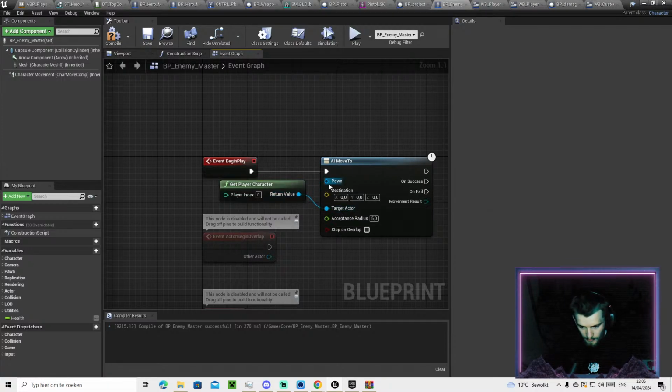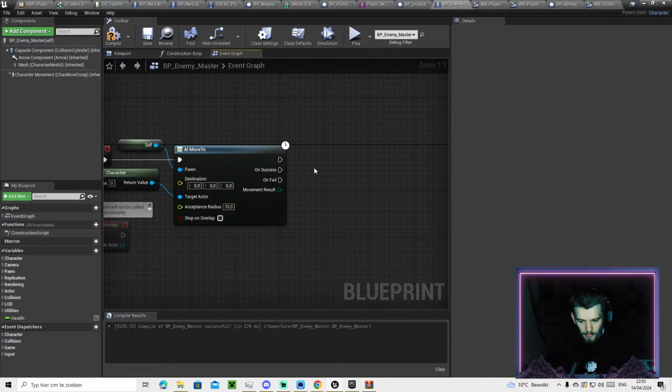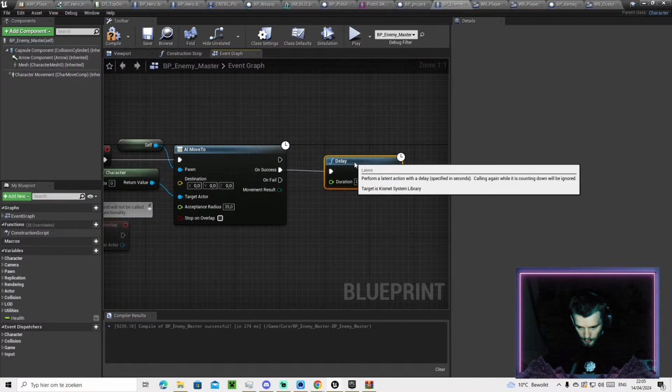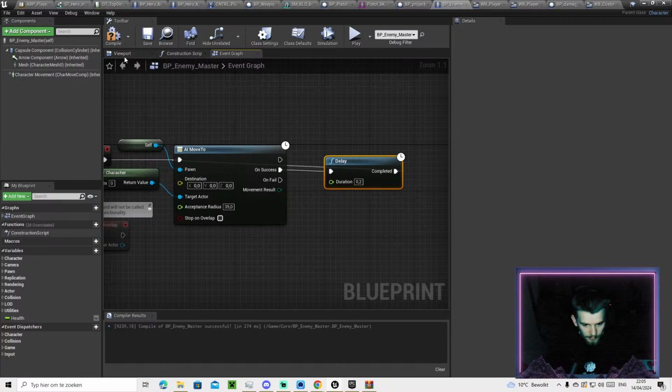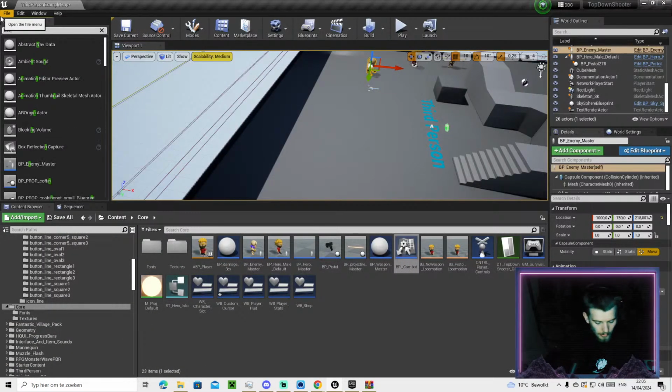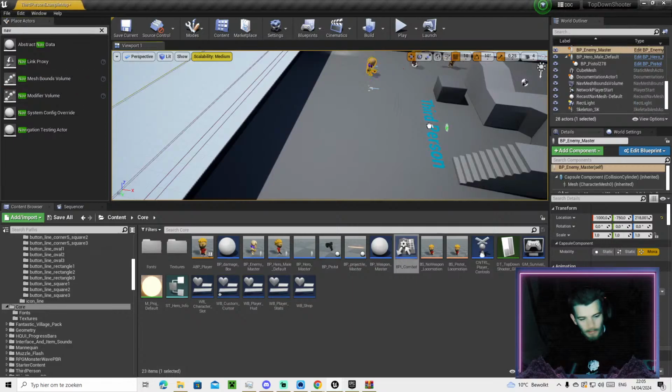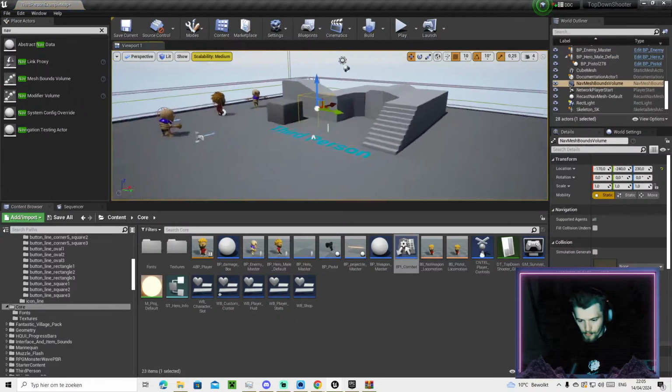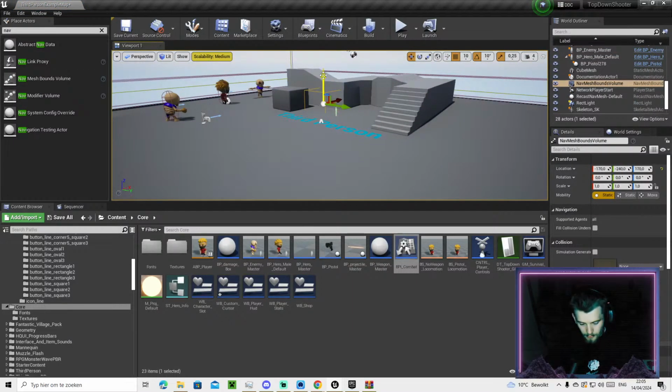Actually, this, and our pawn is ourself. Okay. Acceptance distance 35. Okay. Now when he succeeds, wait 0.2 seconds and continue. Okay. Now if we add a nav mesh bounds volume here, we just move it down, press B so we